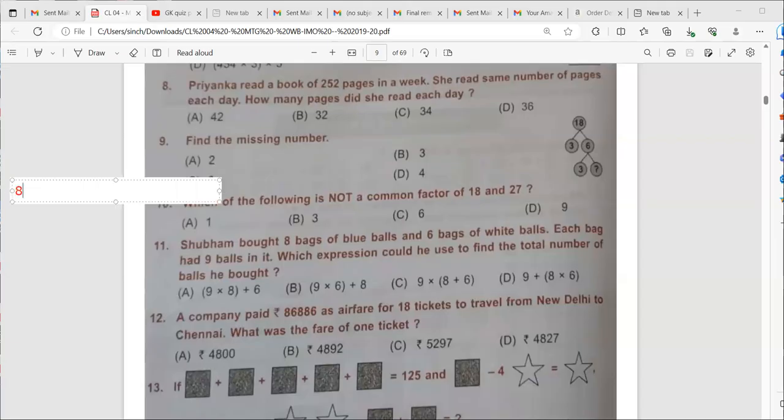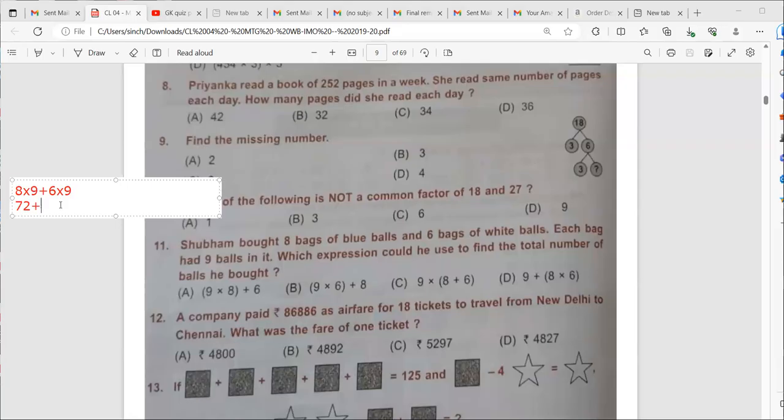You are first doing 8 into 9. Then you are again doing 8 into... No, ma'am, I am doing 6 into 9. Right, this is what you are trying to do. Ma'am, number 9 is correct. I am Swapnil. Wait, I am checking. Swapnil, number 8 is correct. Udit, number 10 is correct. Wait, Swapnil, you do all the sums, I will check.